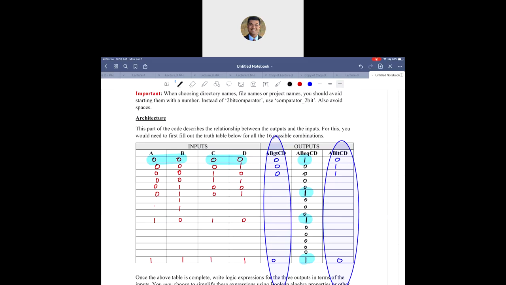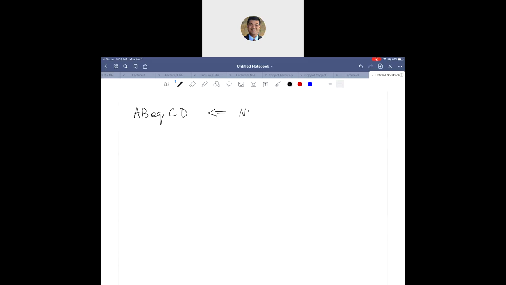Which means I write not A and not B, not C, not D. And, this and this and this and this. And all of this I can put in parentheses. Or